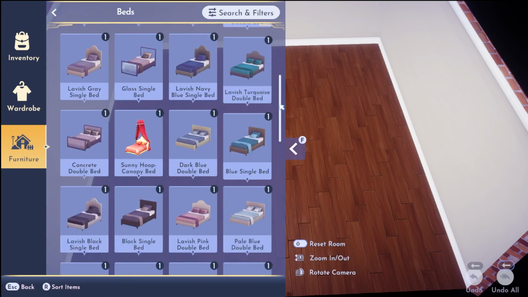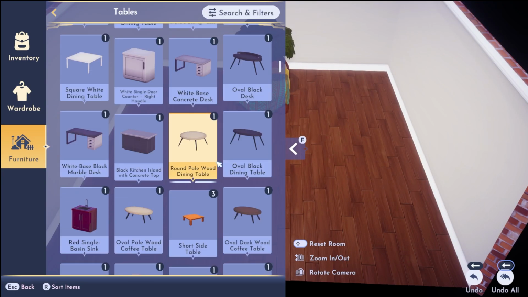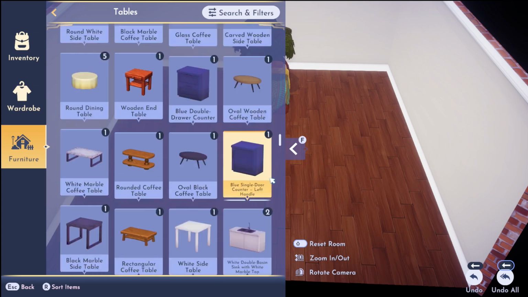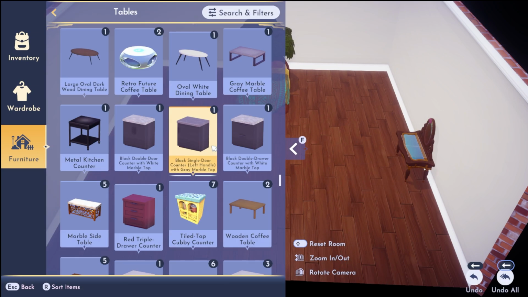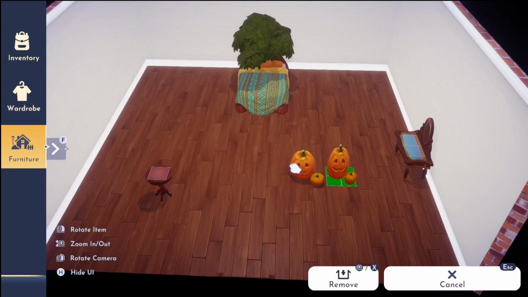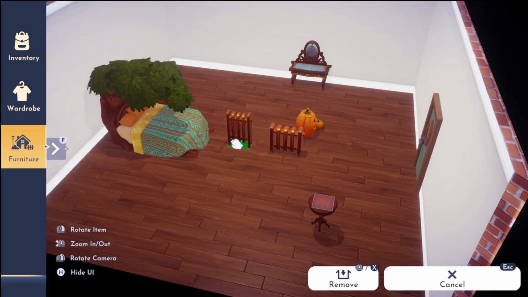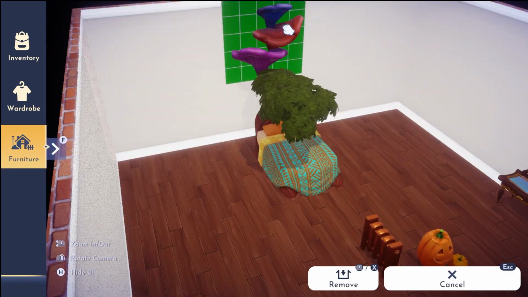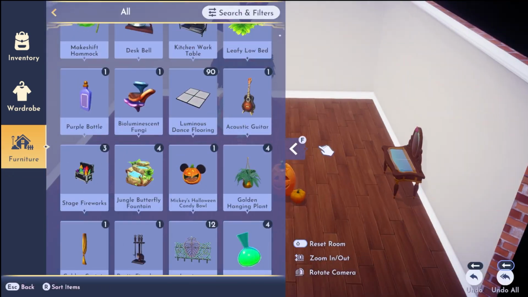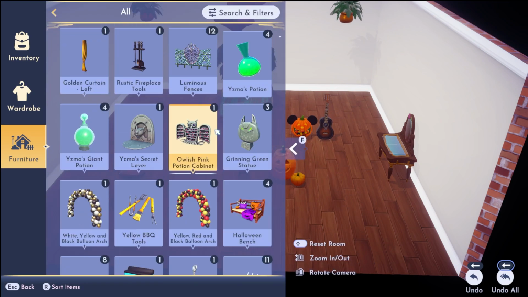So the final room is going to be our bedroom. Now in here I again wanted to obviously keep the Halloween vibe going on, but I actually decided to go for a rustic look by using the new Lion King bed that we got with the friendship rewards. I think it was Pumbaa's friendship rewards maybe. You get this gorgeous tree bed, and I know it's more Lion King themed than anything else, but I wanted to step up to the challenge of trying to blend this into a rustic